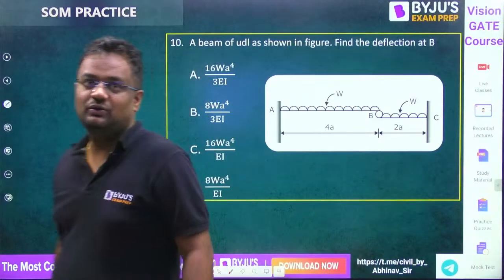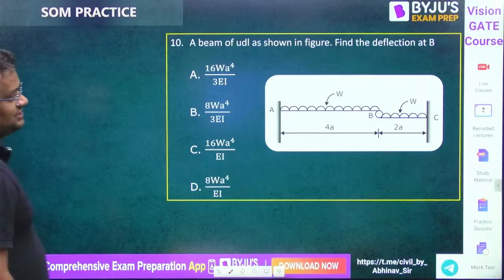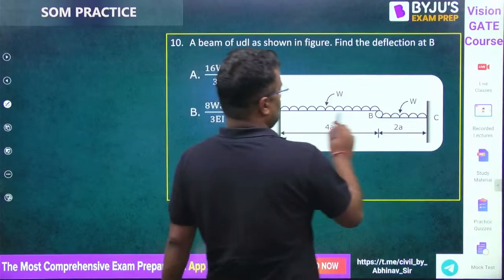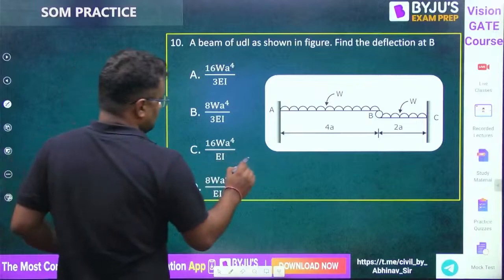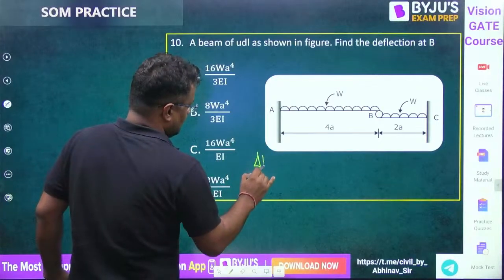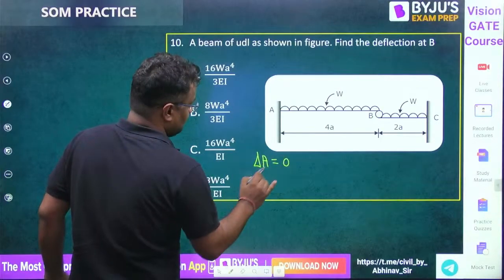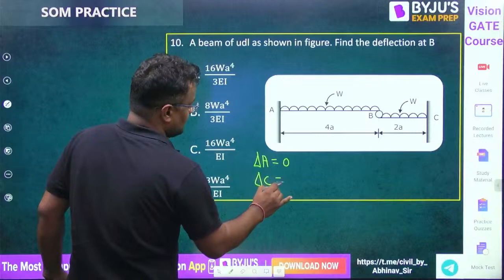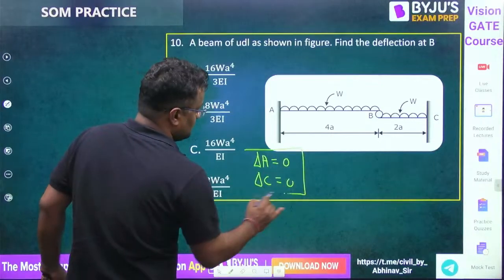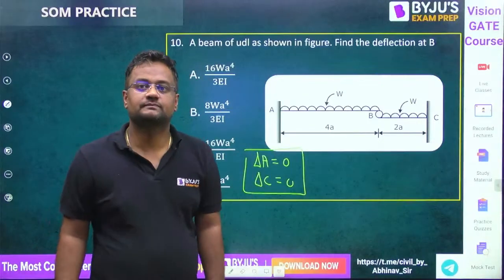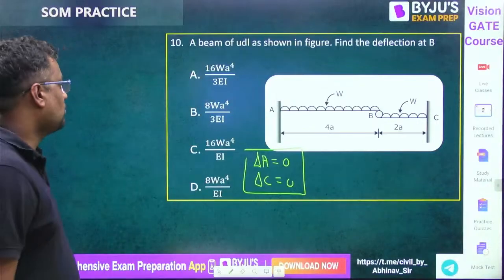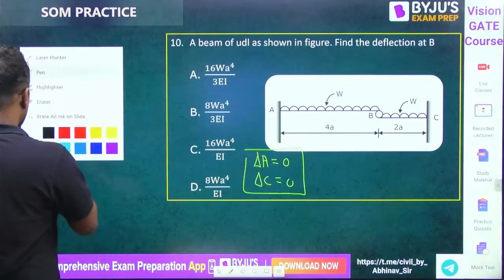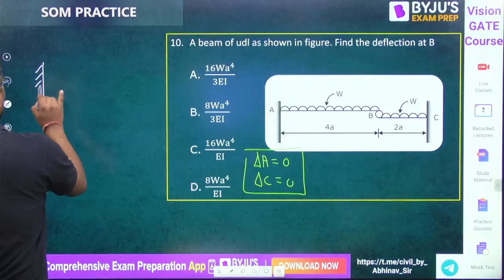Okay, do this. Deflection at B. If it is support A and C, so deflection at A and C will be 0. Okay, A is a support, and unless mentioned that support is sinking, so deflection at A is 0, deflection at C is 0. But B is not support. B is not support. Now, what is the deflection? Now, guys, if I do it,